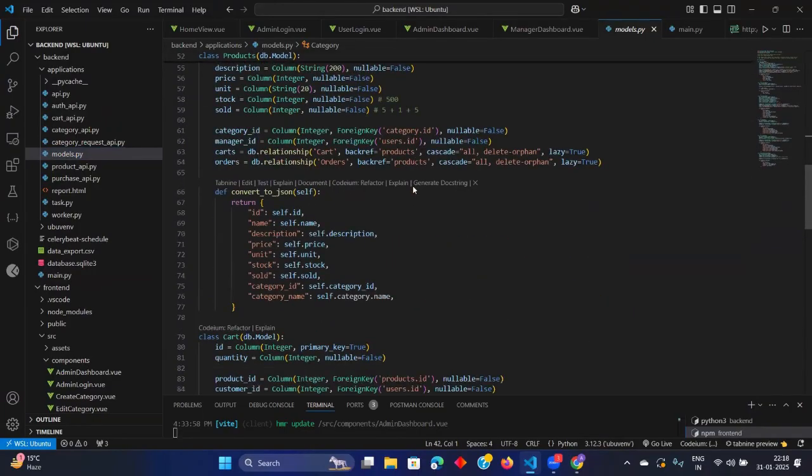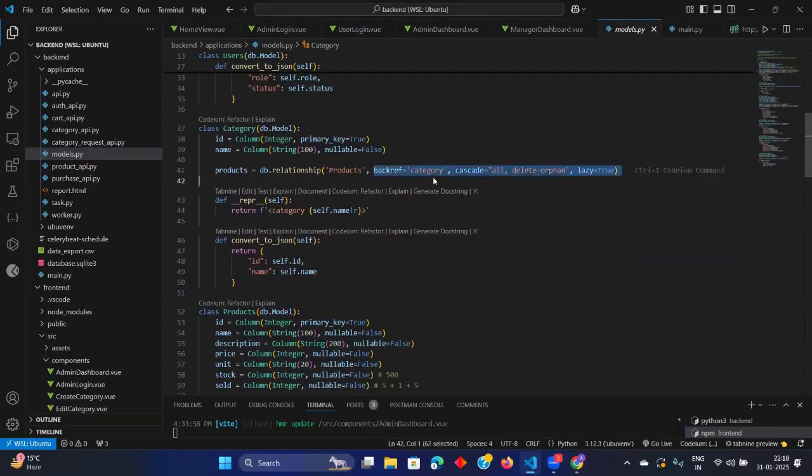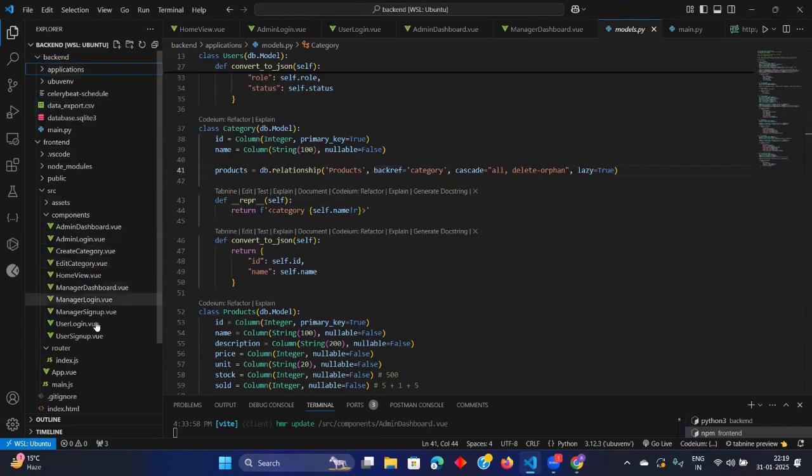Because he has not used back_populates here, backref automatically makes the bidirectional relationship, but with back_populates we have to specify it. We are using backref, so that will work. Okay, no worries then. It is fine.